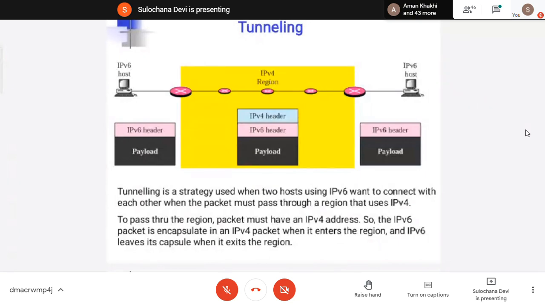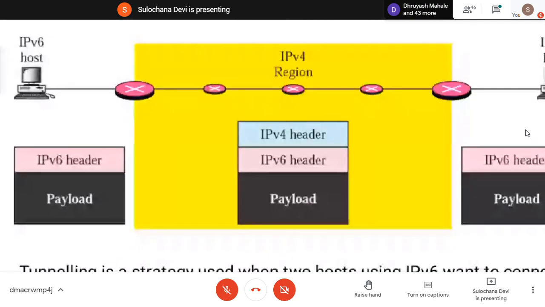So when the packet having an IPv6 header reaches a router which is connected to IPv4, the IPv6 header will become data. It encapsulates my IPv6 header and the payload in an IPv4 header.